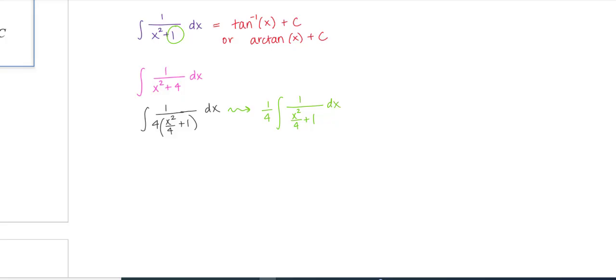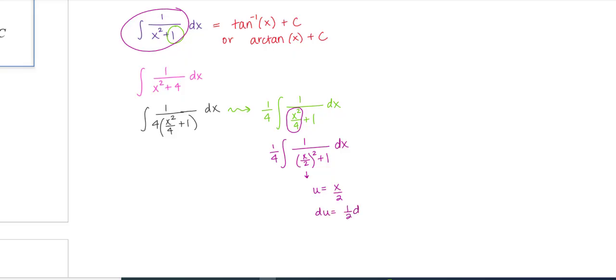Okay, now what? Well, now I can use my U substitution to make it look like the general antiderivative that we knew was inverse tangent of x. So I'm going to figure out here, what am I squaring to get this x squared over 4 quantity? And I should be able to see that I am squaring x over 2. Okay, so that's just a rewrite that maybe will help us see our next step. So I'm going to let u be this x over 2. So then my du is just 1/2 dx. So I will multiply in a 1/2